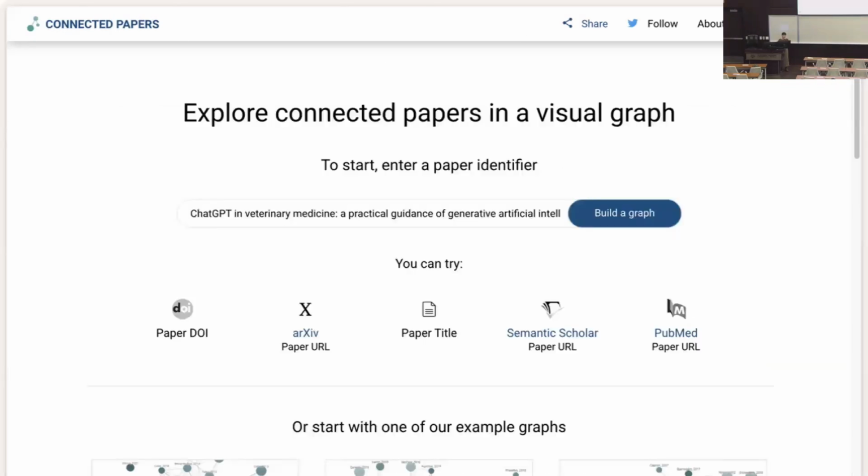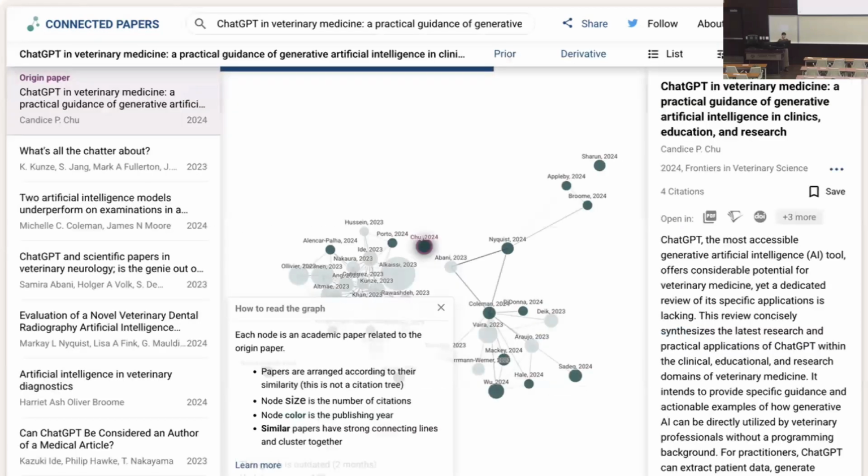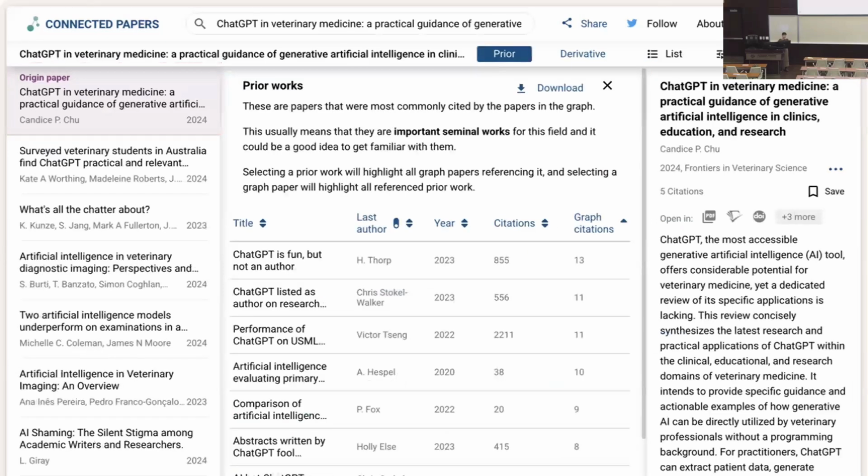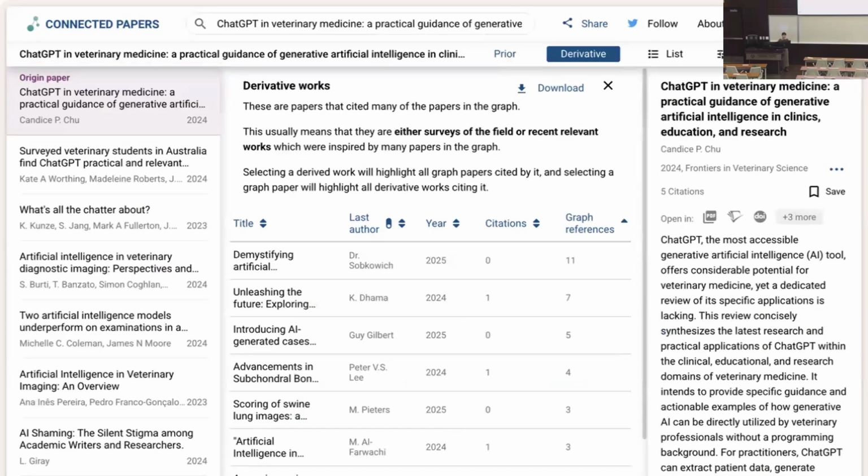So if I put in my review paper here, it can build a graph, even just based on my own paper. So you can see my original one is up here, and the content is over here. If you go down, you can see all the prior works published before my review paper, but they're a similar topic, and also all the later publications of my review paper. So even if you have just one paper as your starting point, it can help you identify many more relevant